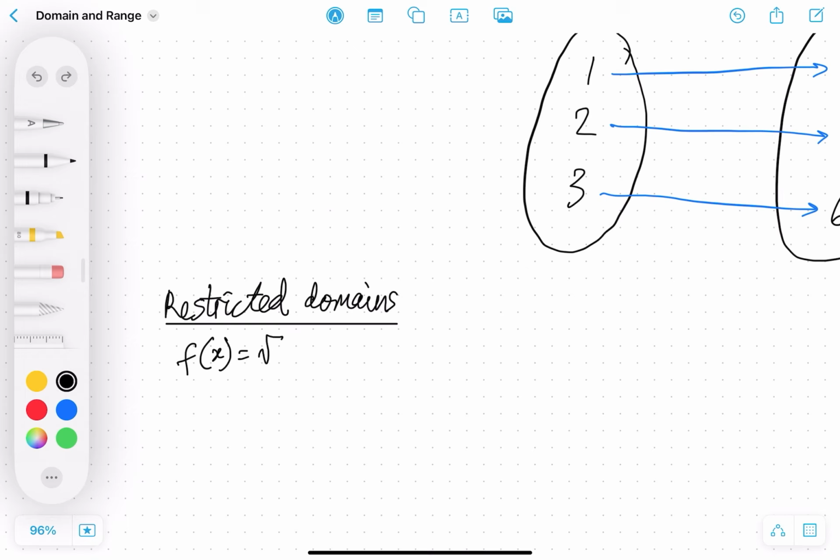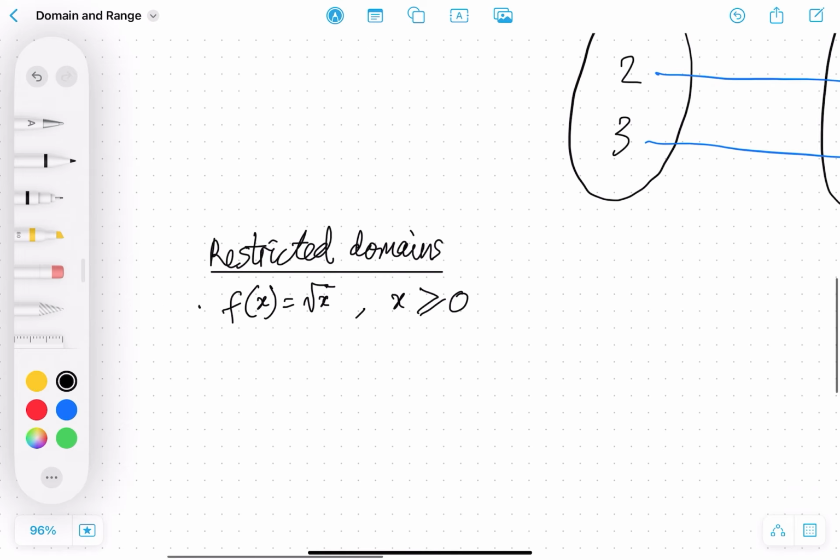f of x is equal to the square root of x. We restrict the domain to x is greater than or equal to 0. Since you cannot take the square root of a negative number, x must be greater than or equal to 0. So that's one example. Another example is when we have f of x is equal to